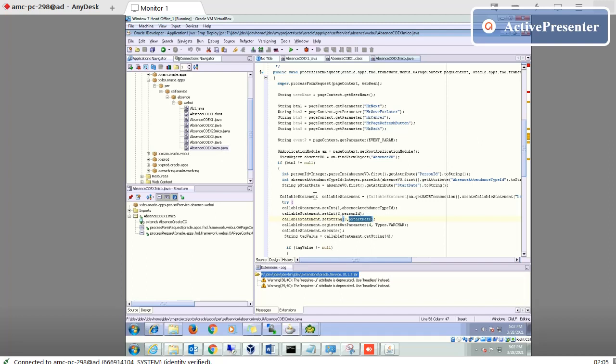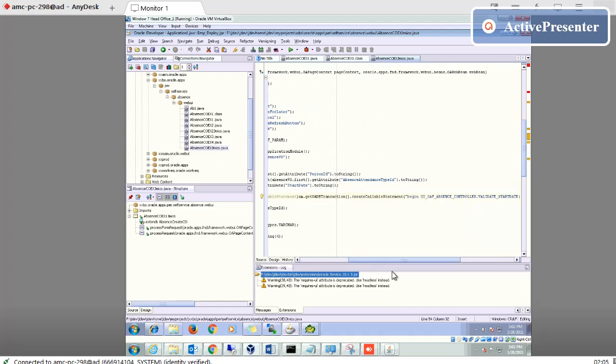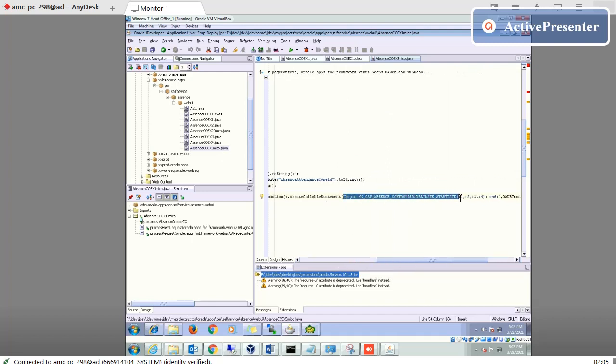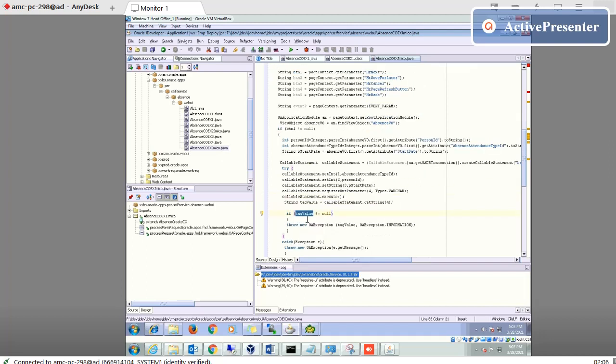So what happened, I made one procedure at the database level and I wrote this function package and execute it. If there is any error, this package will give the output, and if there is some value, then the system will throw an exception.